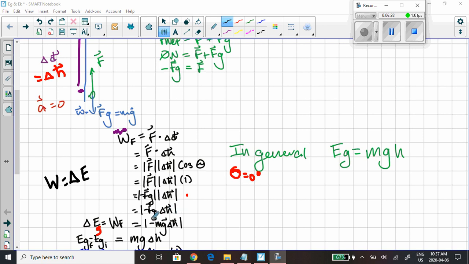Next thing we're going to do is remember that work is equal to change in energy. That's one of the things we learned in our last lesson. But in this case, it's a very specific type of energy that we're changing. We're changing the gravitational potential energy of the object because we're lifting it upward. We're giving it height. So I can come up with a brand new line here and say that the change in the object's gravitational potential energy is equal to the work done by that force,